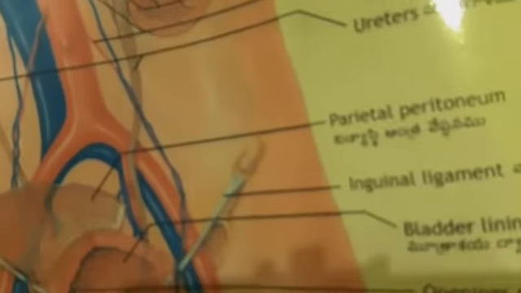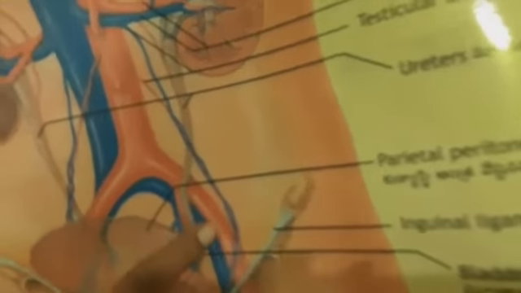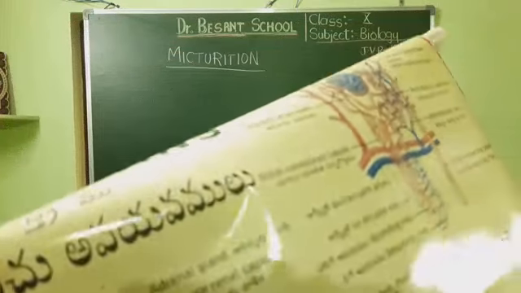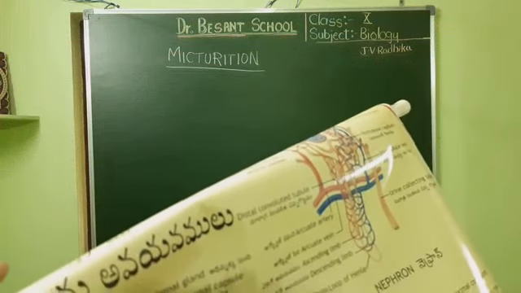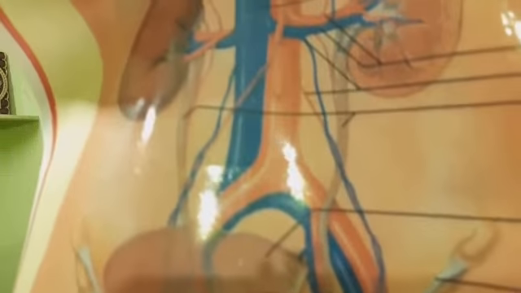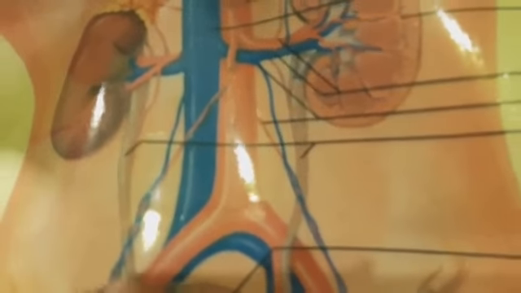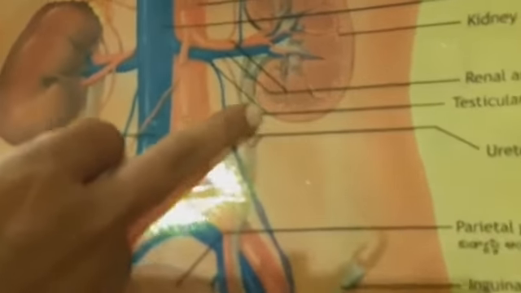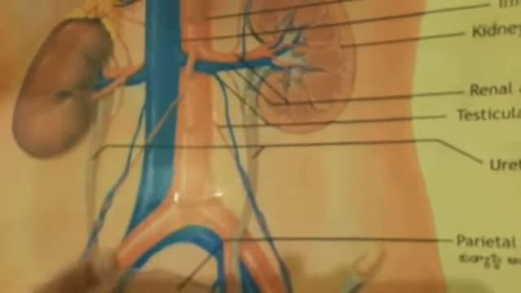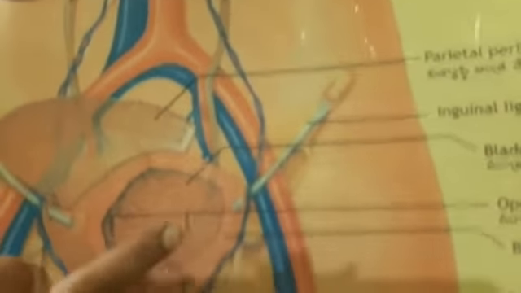These ureters are approximately 30 centimeters long, tubular and elastic in nature. You can see this, isn't it? Now, in the ureters, how would the urine move? We have studied about peristalsis in the previous lessons. Here you can see the 2 ureters. These are approximately 30 centimeters long and they pass into the urinary bladder.